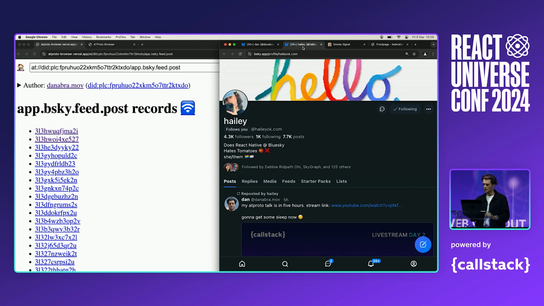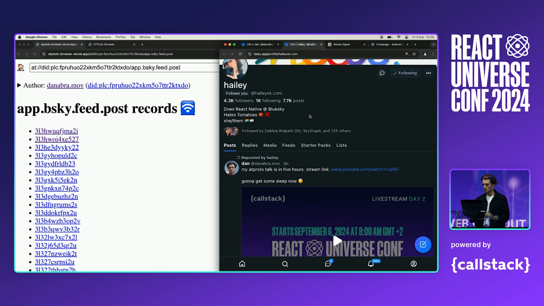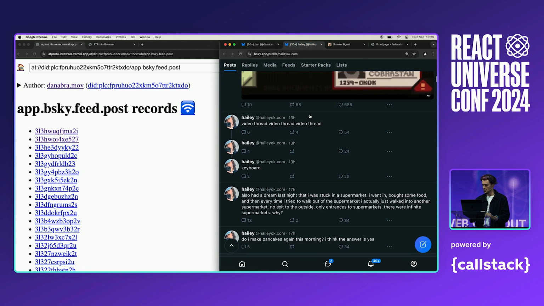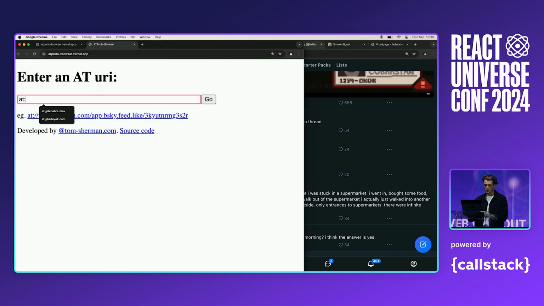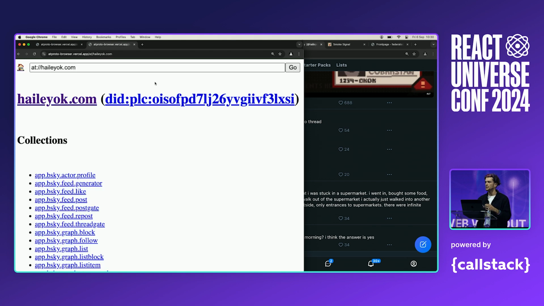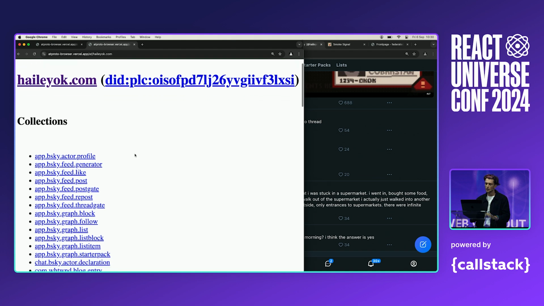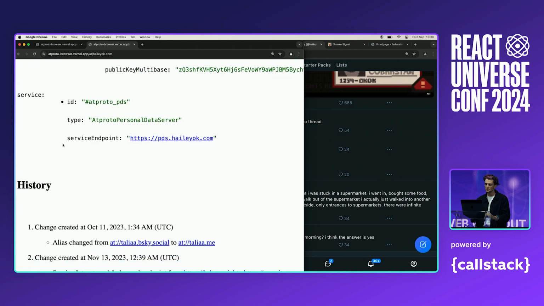So here is Haley's profile, and Haley also has a bunch of posts, so we can take a look at haleyok.com. Note that they're not actually hosted at haleyok.com. Domains just act as user-readable aliases. The actual host is, again, specified here.